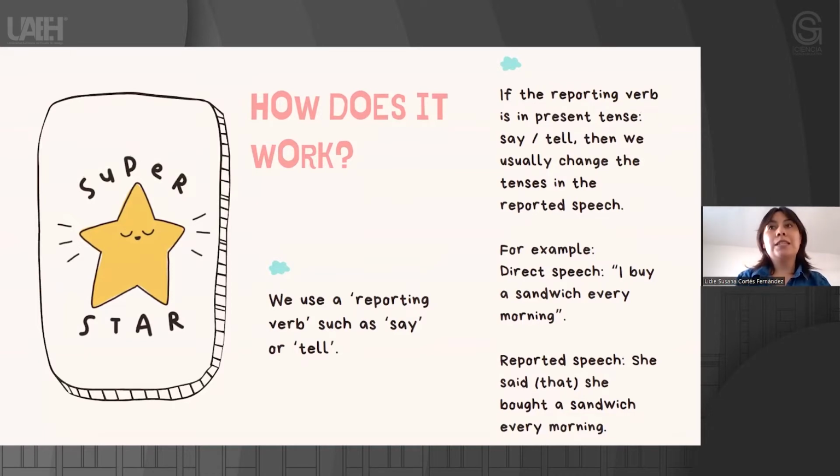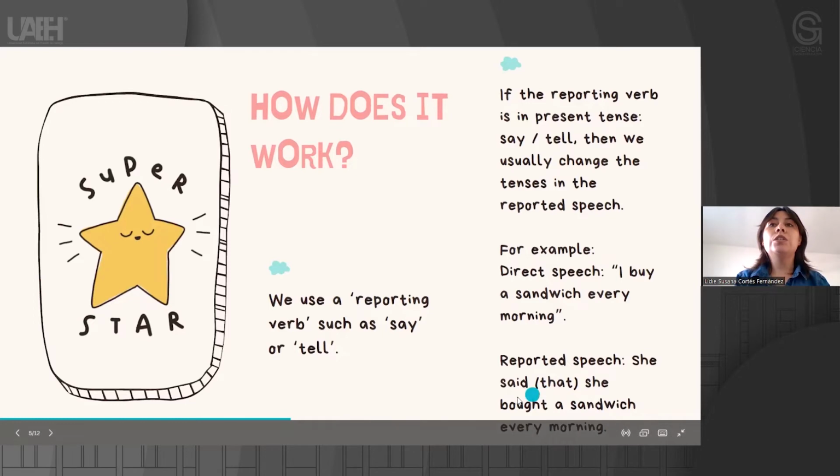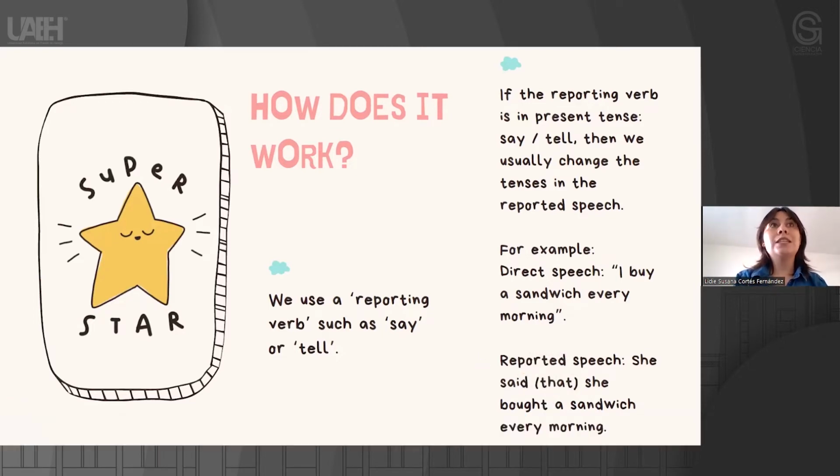When we report that sentence, it comes this way: She said (that) she bought a sandwich every morning. As you can see, we have "that" between parentheses because it is sometimes not necessary to use it. So you can skip it or you can say it. As you can see, we have some differences here between "buy" and then in the reported speech, it comes "bought", because in reported speech in present tense, we change the verb from present to past simple.